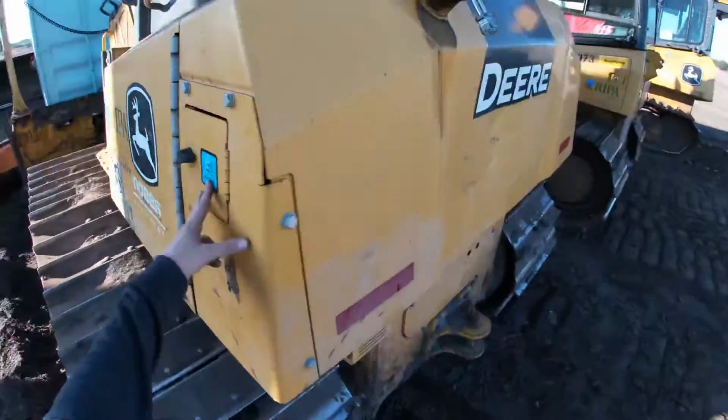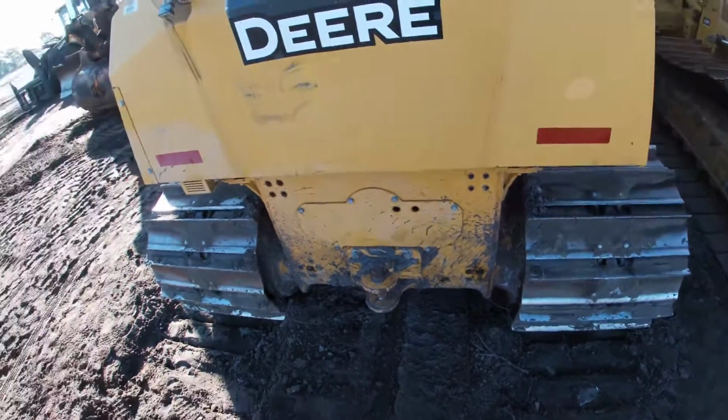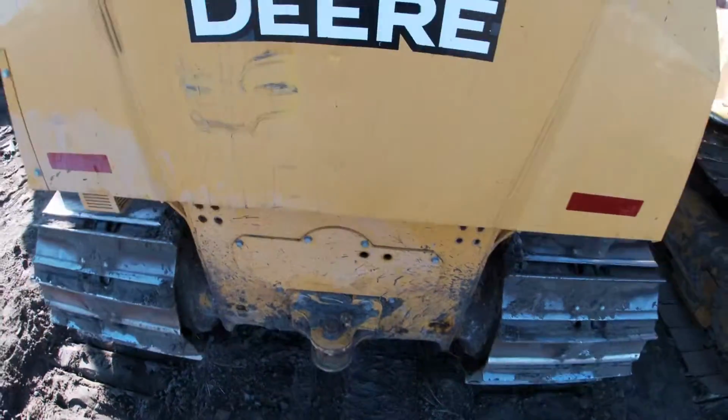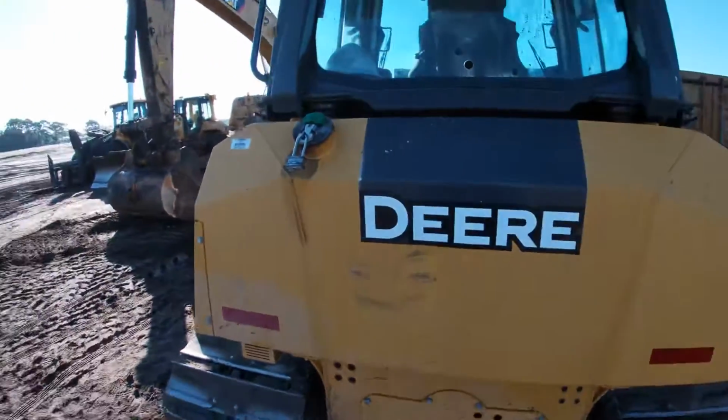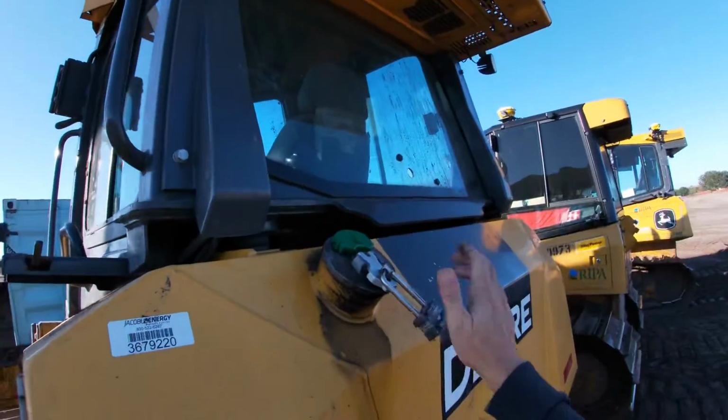Our DEF fluid. Making sure that the tow pin is in. Again, we don't have any fluid pouring out of the back. This is our access panel to all of the hydraulic lines underneath. The fuel is locked, important for not getting any debris or anything in there, or if our fuel is stolen, and